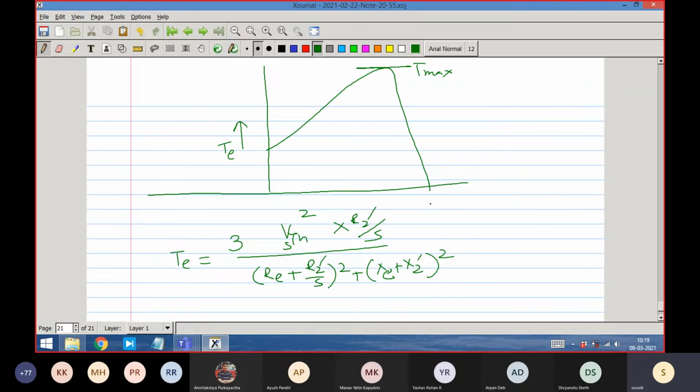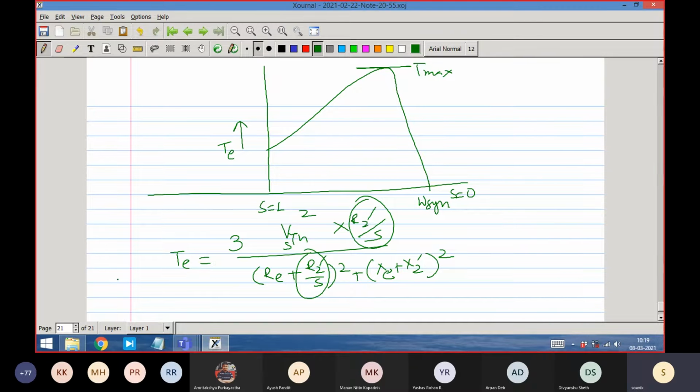We can find out a few things. This is omega s at S equal to 0 and S equal to 1. One thing you will observe very interestingly is that if I keep R2 dash by S as a ratio unchanged, the characteristics remain almost similar. If R2 dash by S is unchanged, then the torque is unchanged. That means along with the resistance, if I change the slip as well, then the torque value will be the same.